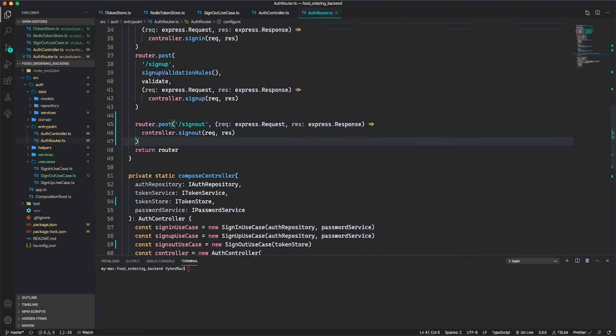But in order to sign out, there must be an authorization header present. There must be a token. So you must pass a token here in order to sign out. So I'm going to create a helper that I'm going to call token validator. This helper will validate the token and will be used by all those endpoints that require a token to access. So token validator,